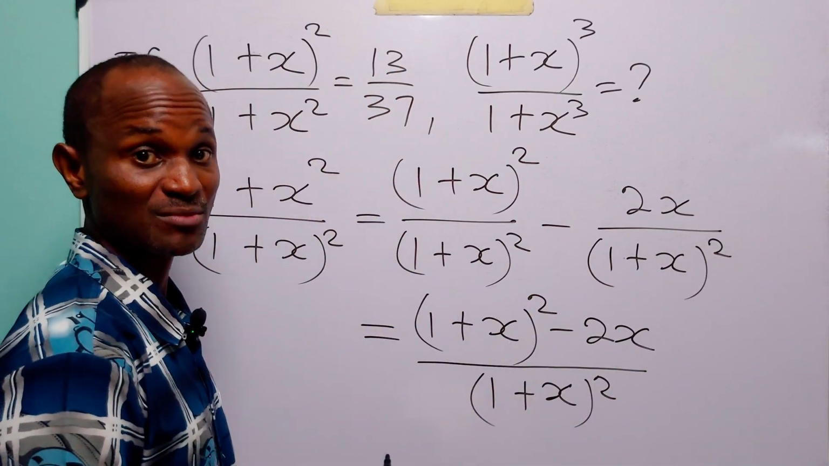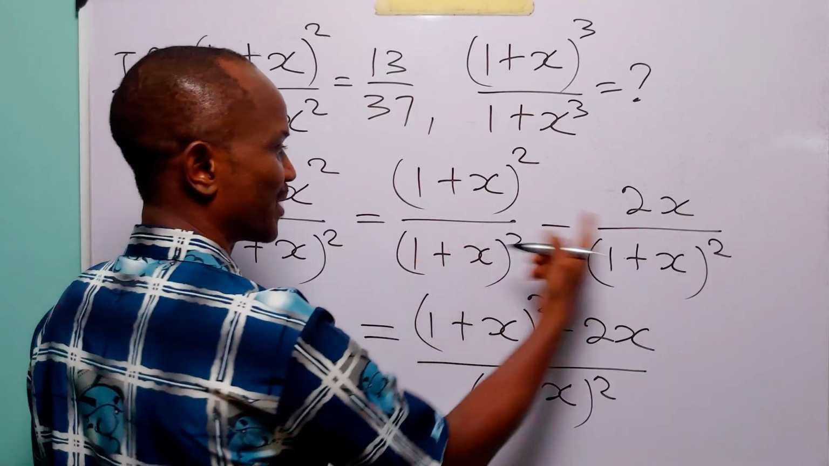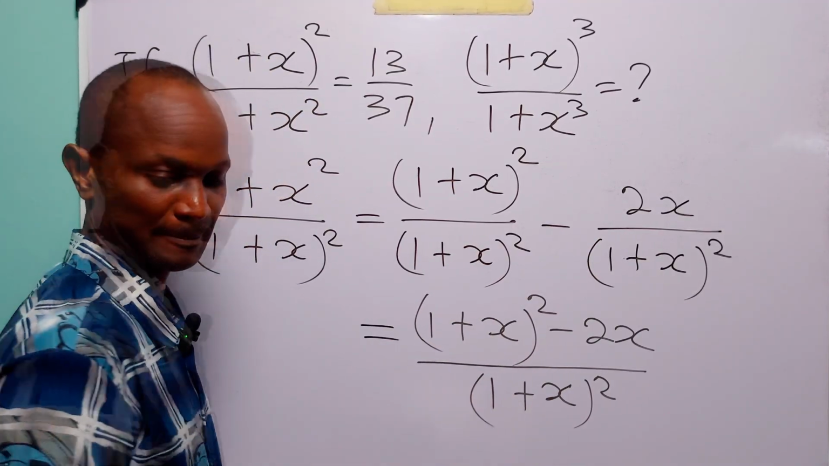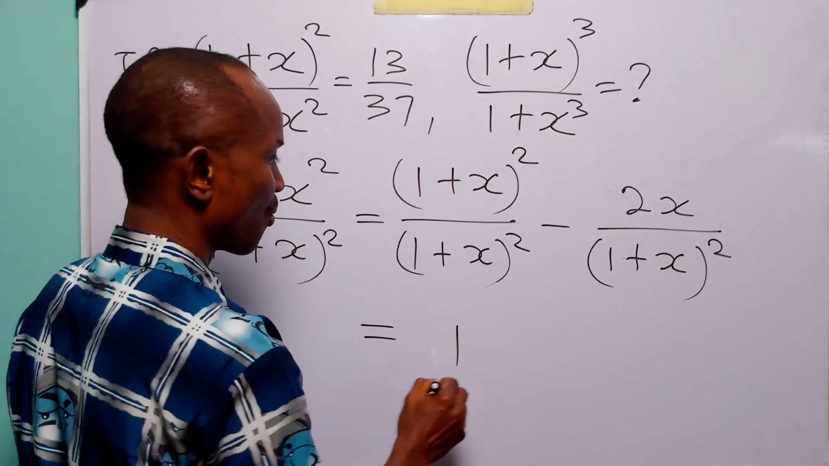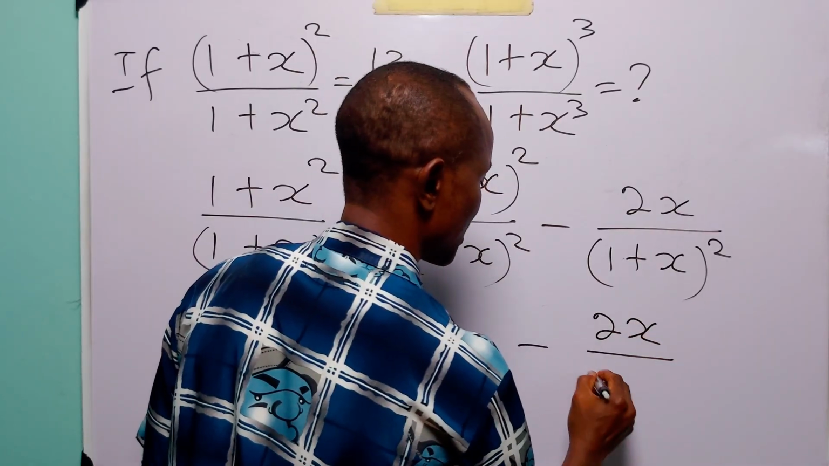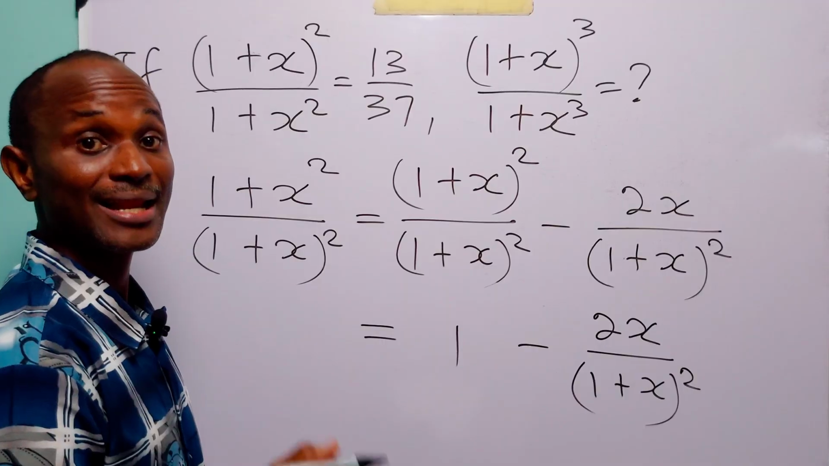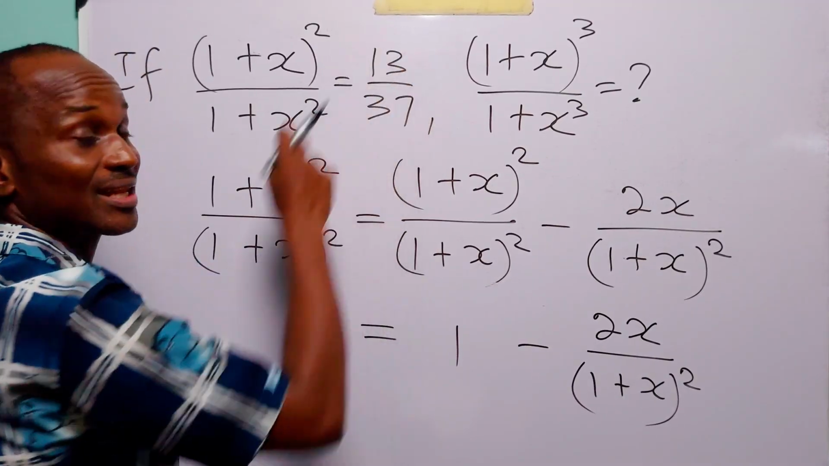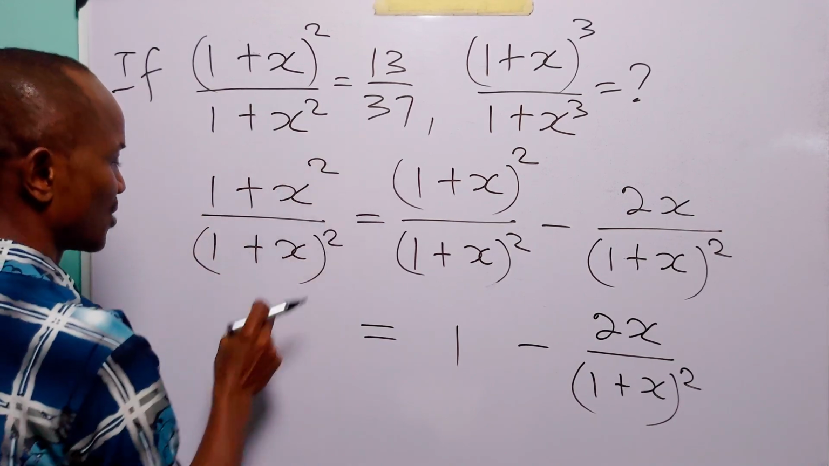Of course, you know that once more, nothing has been changed. Everything remains the same because if we combine these two fractions, this is exactly what we are going to get. Of course, you know that this over this is equal to 1. And here we have 2x over 1 + x². But then let us remember that this is equal to 37 over 13 because this is the reciprocal of this. So here we have